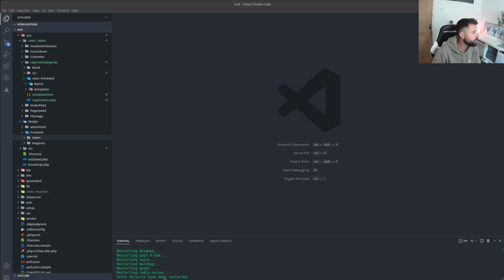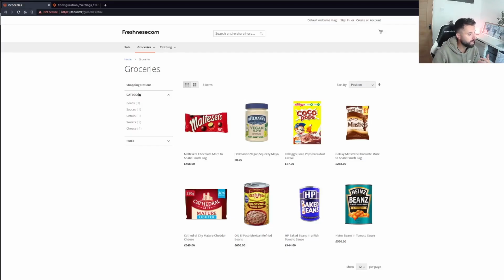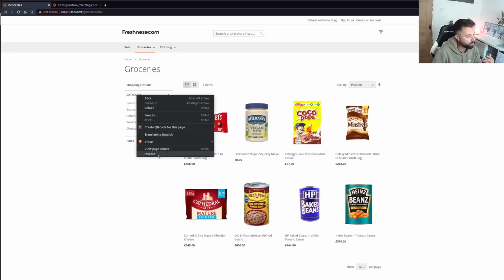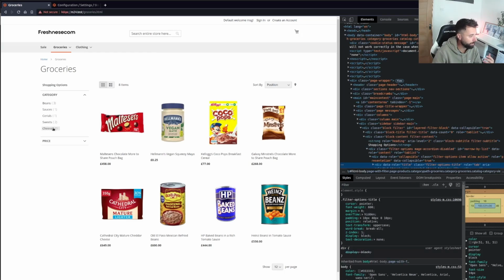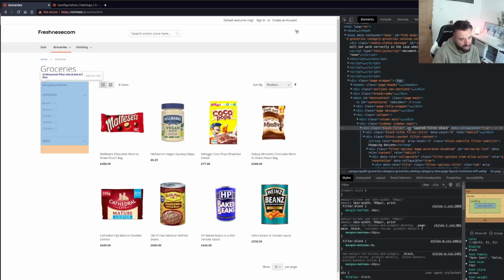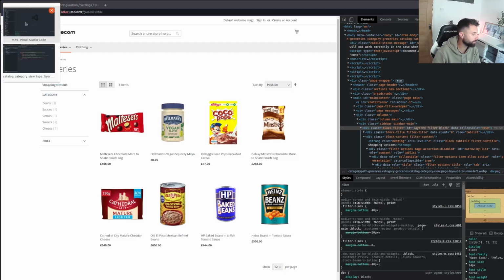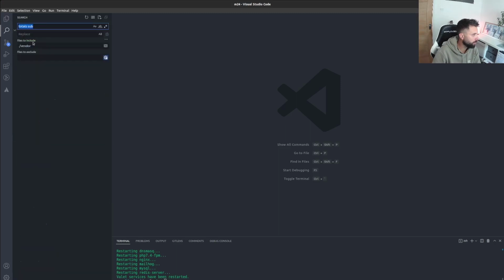Right then. So again, we're going to show the working out on this. What I essentially want to do is replace this exact code here. I'm happy with it looking exactly like this. So what I want to do is find out where I'm working, and I like to always grab an ID. You know me, I like to grab an ID and search for it within Magento. So I like to go into my vendor folder and run a search for an ID,